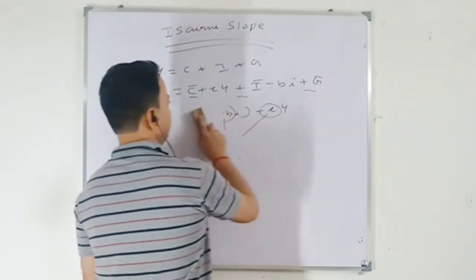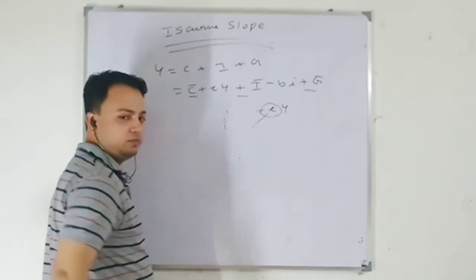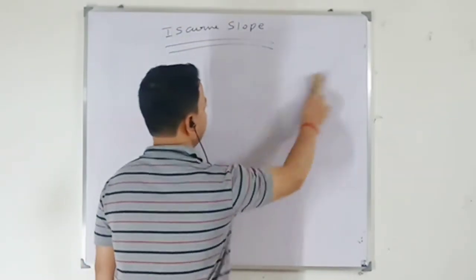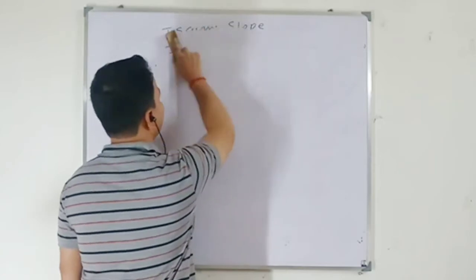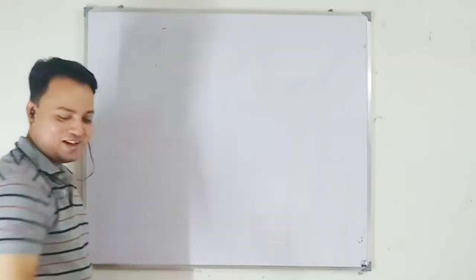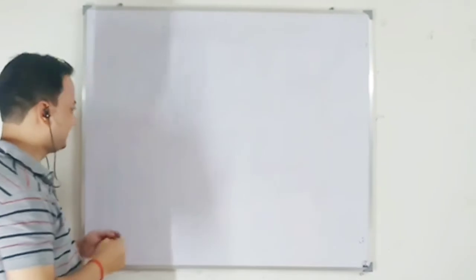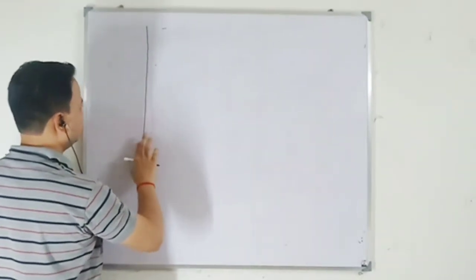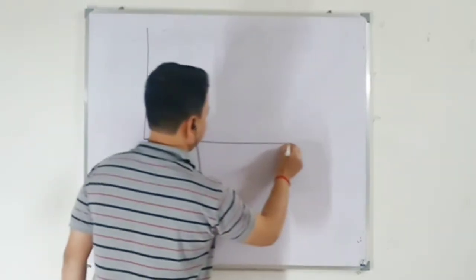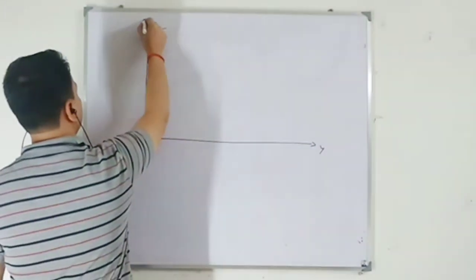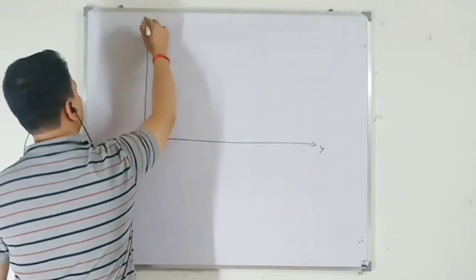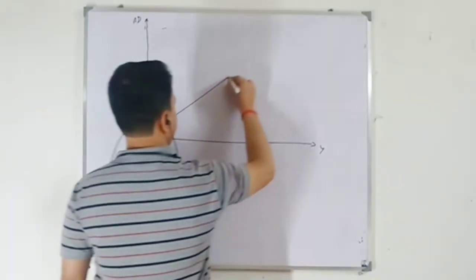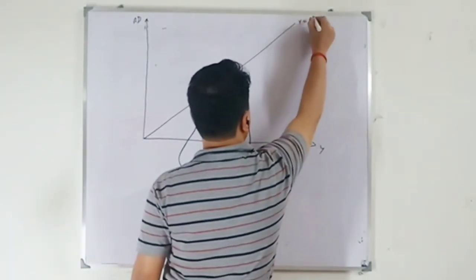Now I have to look at this MPC term. What will happen? Maybe I need to use some more space. Next try. I am taking output. I am taking aggregate demand. Y equals AD.